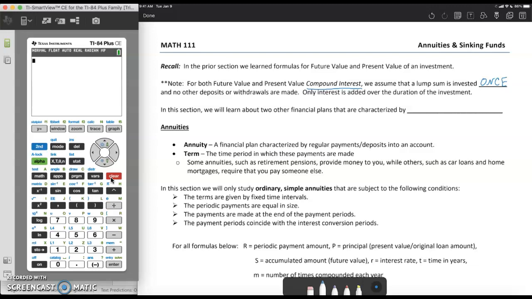So everything we talked about in the prior section was that we're going to invest this money once into this account, and we're going to let it do its thing for however many years and check back on it after that. What is different about annuities and the rest of the sections in this unit is that we're going to learn about other financial plans that are characterized by what we call periodic payments